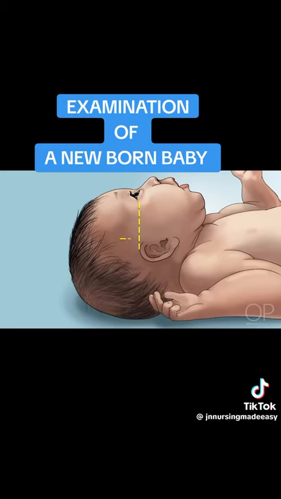Now imagine a second line, drawn perpendicular to the first. Is the infant's ear straight along this axis? If it is tilted,